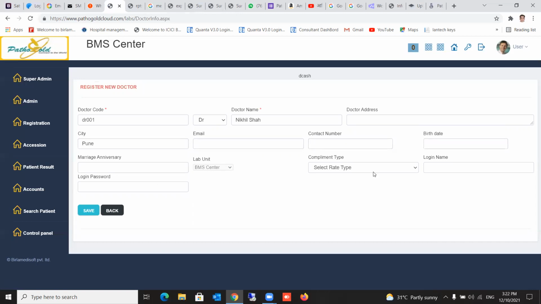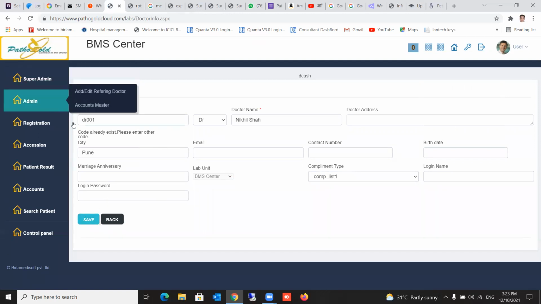Okay, and now here is the list which you have to choose. It's called the doctor's list. So from here you choose the list and press the save button. So this way, the doctor code is already, it says code already exists, please enter another code. So DR001 is already there. So you say DR002. Okay, 2 is there.